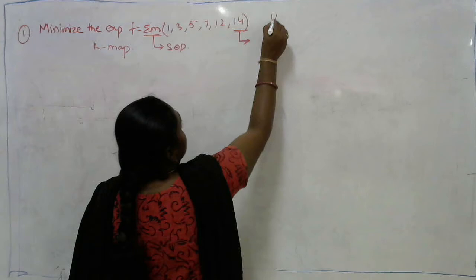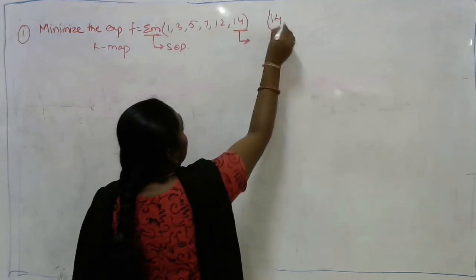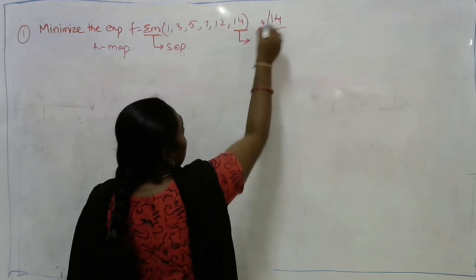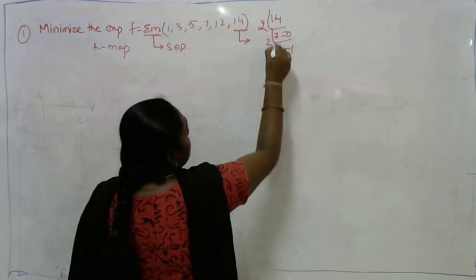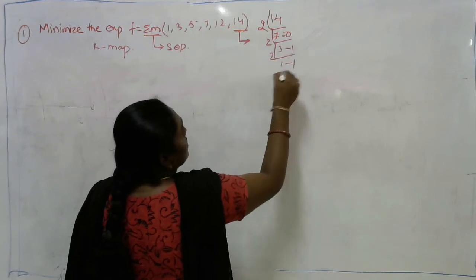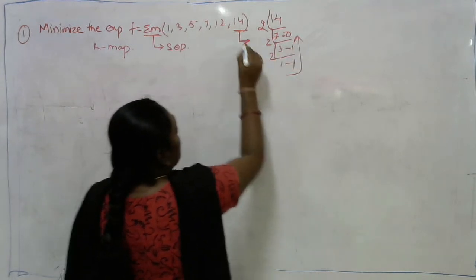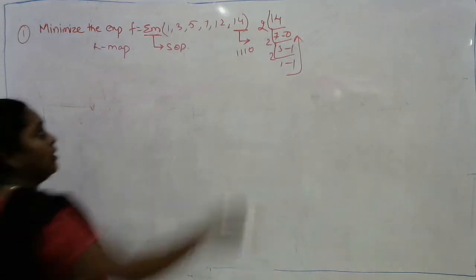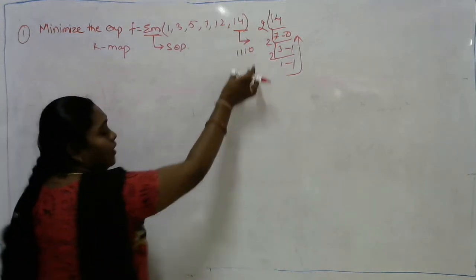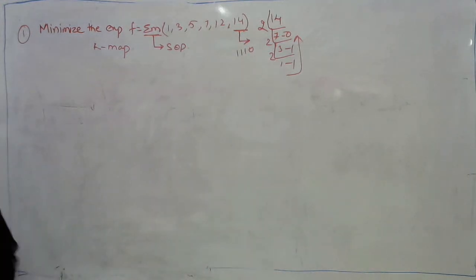I am writing it directly. As we have seen in the first session how to convert a decimal to a binary, divide this 14 by 2: 2, 3, 6, 1 is the remainder, 2, 1 is 1. So I will be getting triple 1 0. So the 14 equivalent is 1110. So in 14, I got 4 digits. That itself represents that I need to draw a 4 variable K-map.